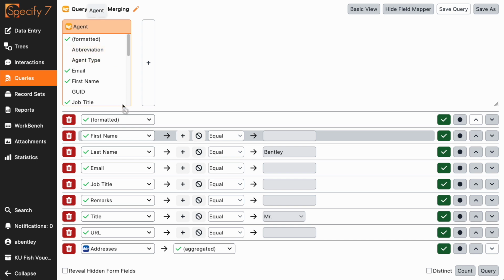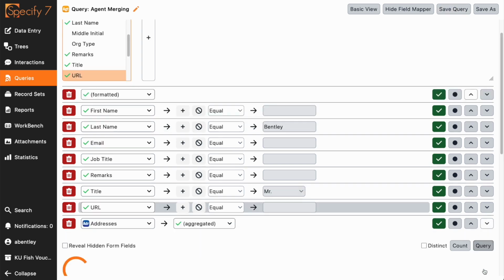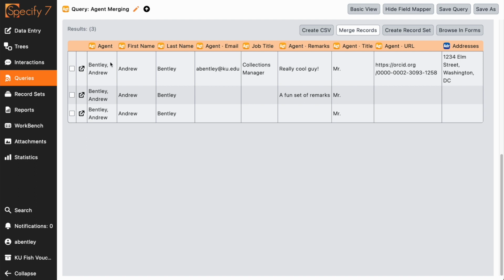But here you'll build your query to show all the different fields you'd like to display, and I'm going to try to find all agents with the last name Bentley and the title of Mr. So when I run this query, I can see immediately that there's 3 records that I would like to merge,